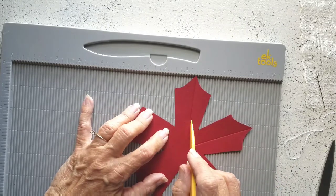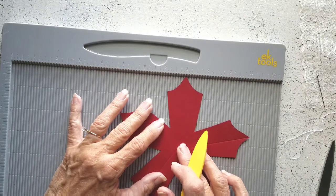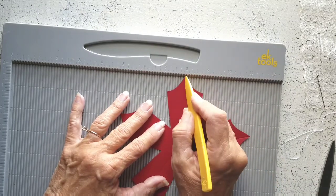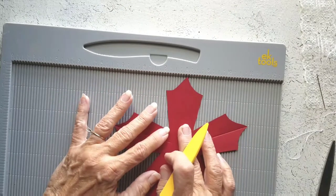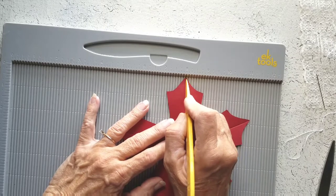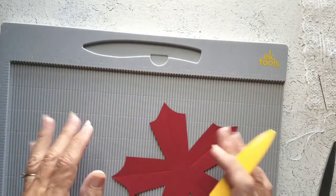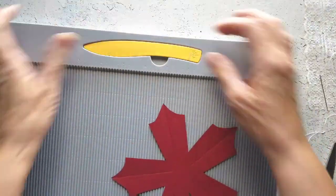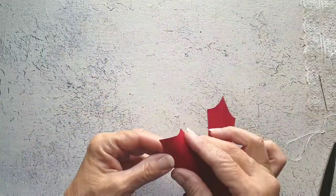You see how this side is bigger than this side? Trust me, it just doesn't matter. Just a little fun project. Nothing serious here. I'm not even sure you need to score it, but in order for me to fold it, I need to. So that's all we need to do for that. And we're going to do this to each set of petals. And then just simply